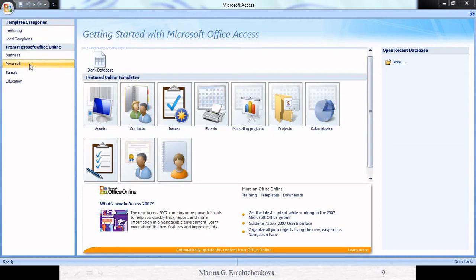That is the leftmost part of this window. And in the middle part, we have the actual template tables available. These are the online templates, like we have assets, contacts, issues, events, etc.